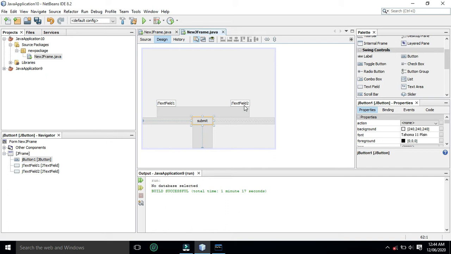We want a user inputted value. Whenever this application gets executed, whatever value is entered by the user within the text boxes will get inserted into employee table. So double click on submit button.